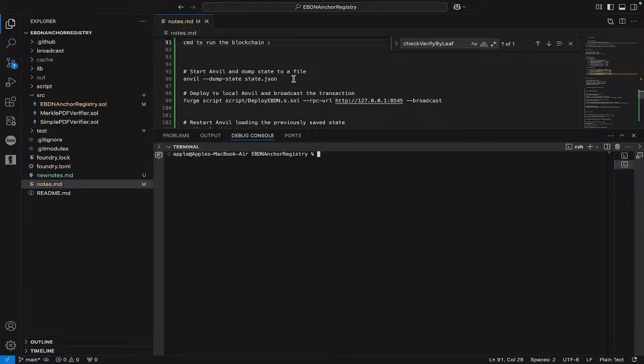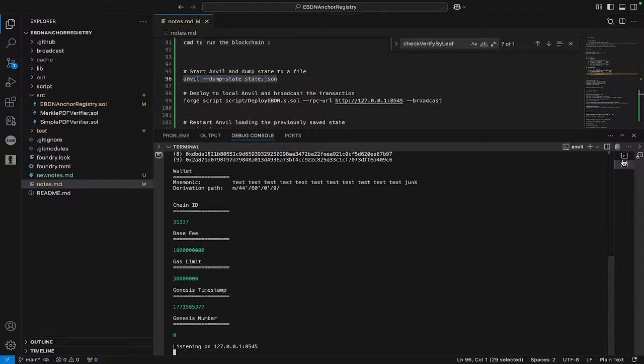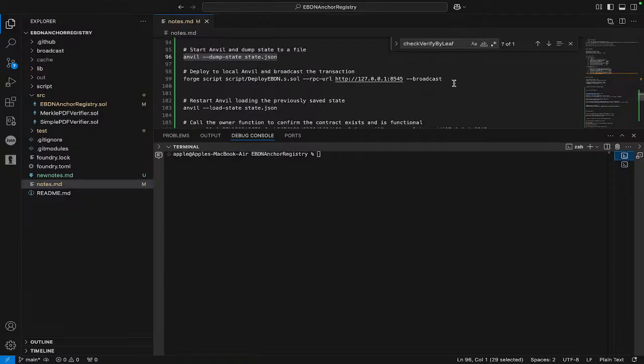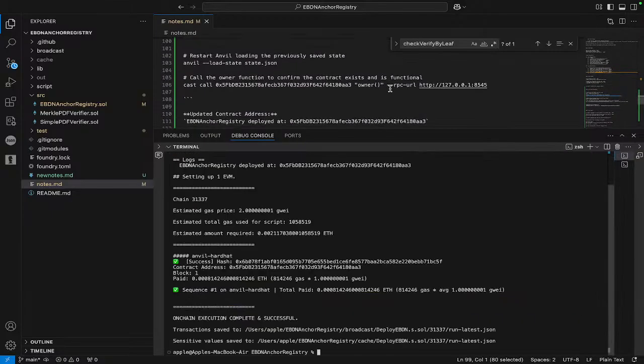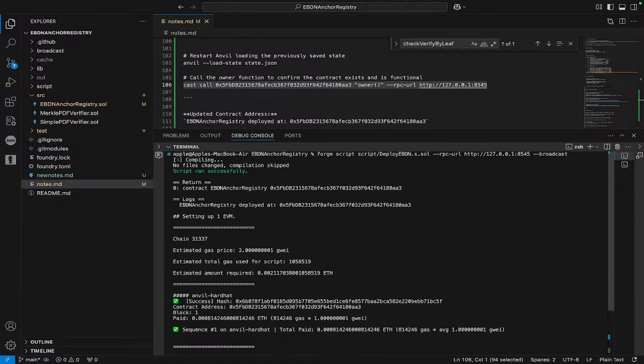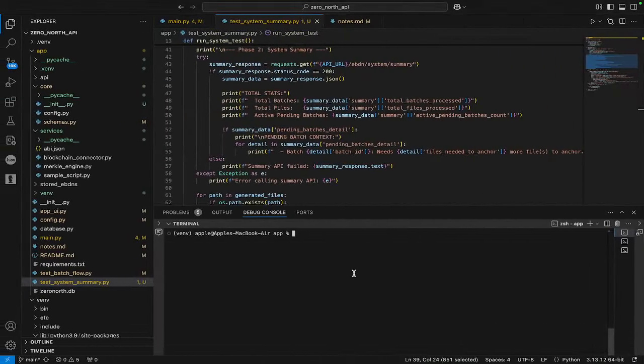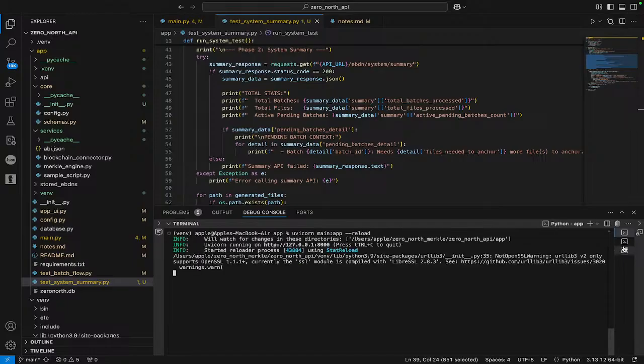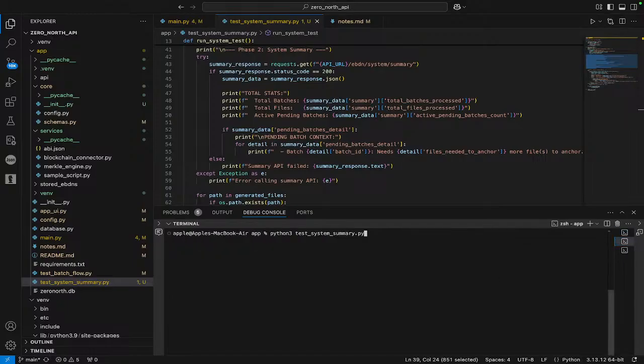That's fine, I can start it right now. Now the blockchain node is running. I have to deploy the contract to this node, and if you want, you can also check the owner, make sure the code is already deployed. That's fine. That's right. Now we can rerun the server, rerun the script that uploads 5 files and gets the